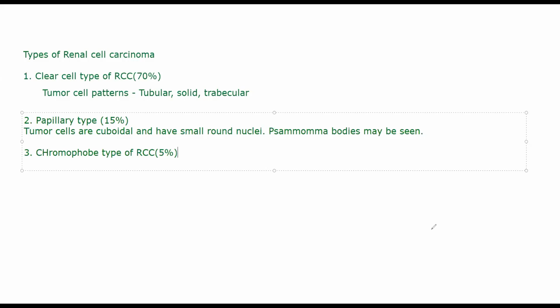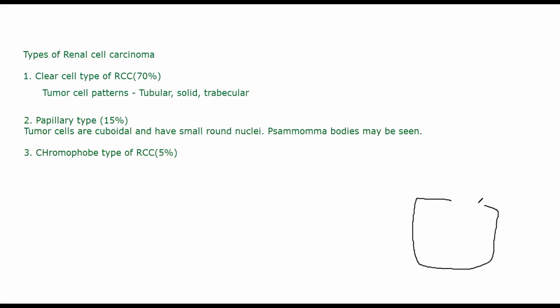What does this mean? Let's suppose this is a cell. Let's suppose this is the tumor cell and this is the nucleus of that particular cell. You will have a halo-like structure present around it. Do you know what a halo is? If you've seen depictions and pictures of angels, they'll have something on top of their head, right? That is a halo. Basically a circular ring-like structure.